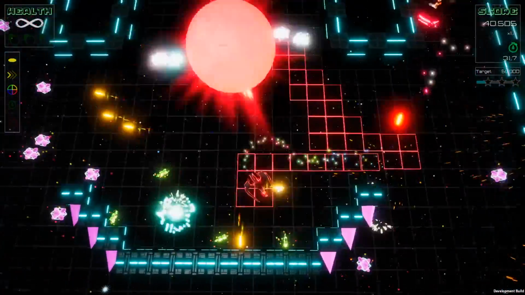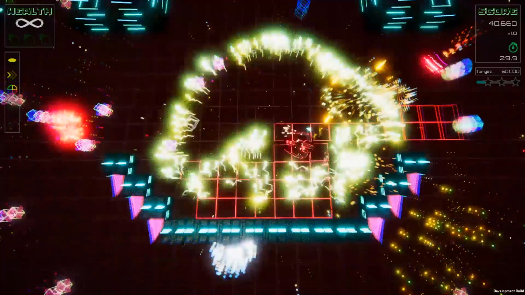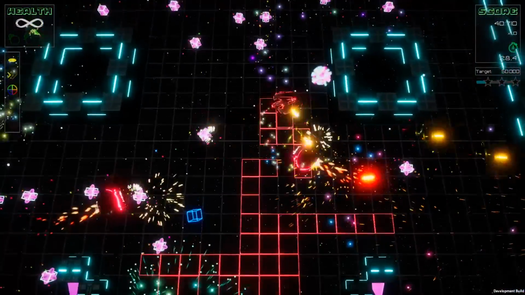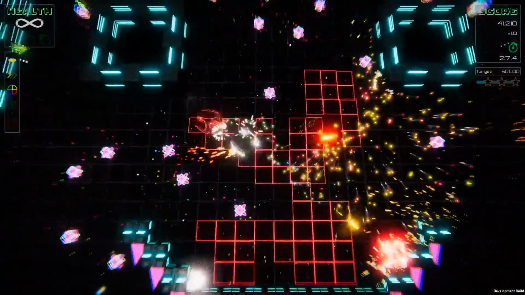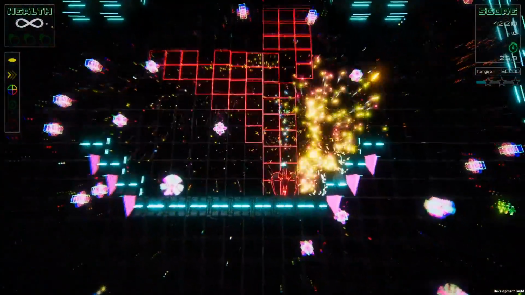I just want to have a little more consistency with that coloring mechanic, where I can rely on the fact that red enemies will interact in a certain way with my red trails. They don't need to be destroyed instantaneously, but I just want them to do something. Maybe their projectiles are blocked, maybe they are slowed down by my red trail. If you have that coloring mechanic in your game, I would really try to get the most out of it.